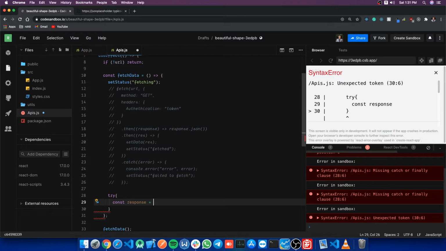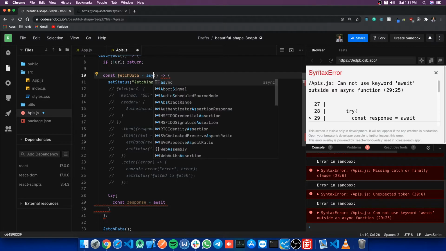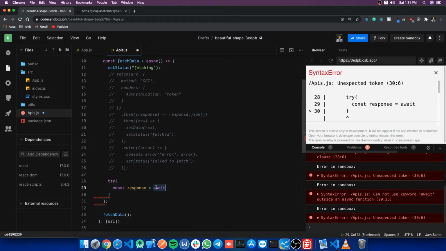I will write response is equal to await. First of all, we have to create an async function because we are going to use await. Async means we are creating an asynchronous function, and on line number 21 I am writing await so that this function will stop on line number 29. Unless line number 29 is resolved, we will not go further.